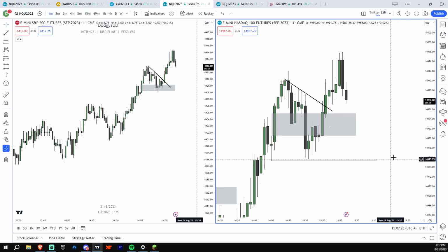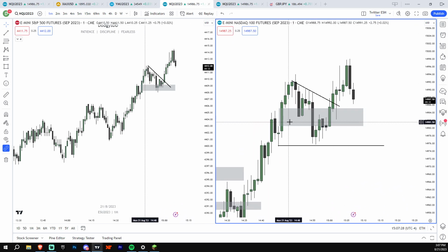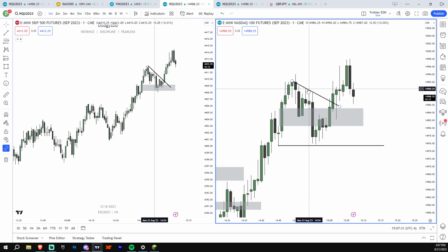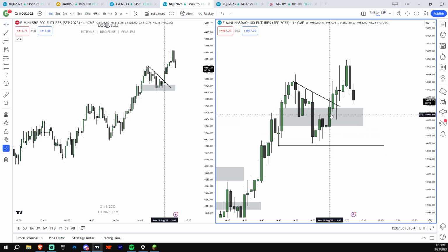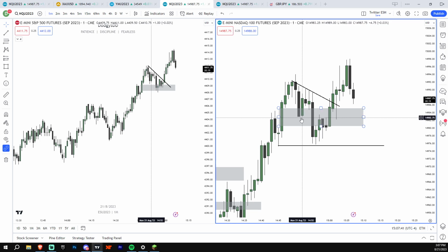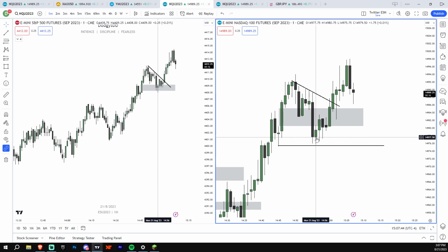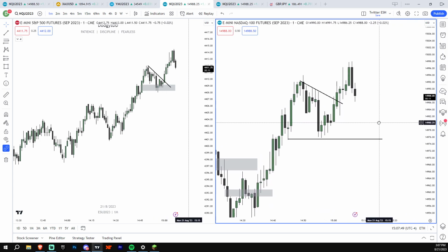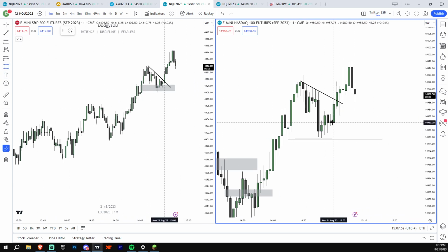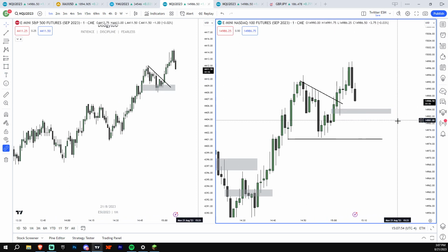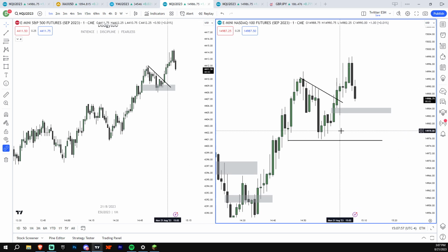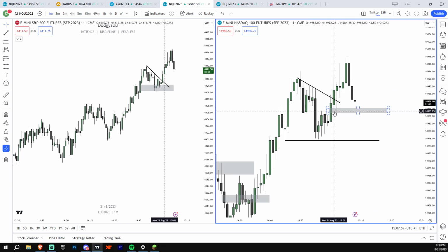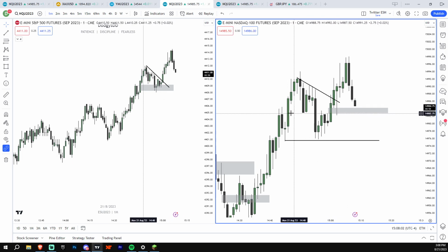So for example, right here, we see a fair value gap that we kind of failed, bounced off of, violated, failed as an inversion at this time, and then we broke back above it. Just a general example, when you see something like this happen where we close below it, then close back above it, it's not really respected. I automatically just delete it from my chart and wait for a new fair value gap. In this case, the new fair value gap might be right here. See how in this leg we get a fresh leg with a new fair value gap after we disrespect these.